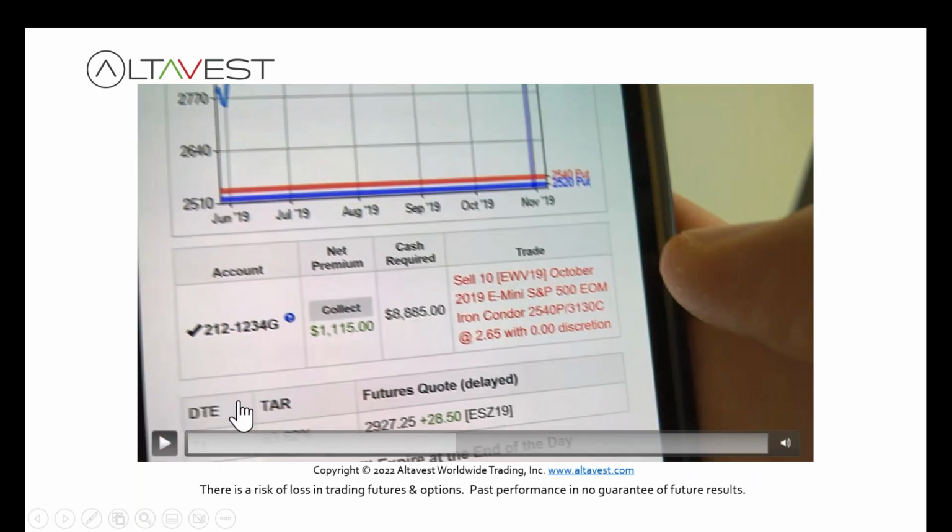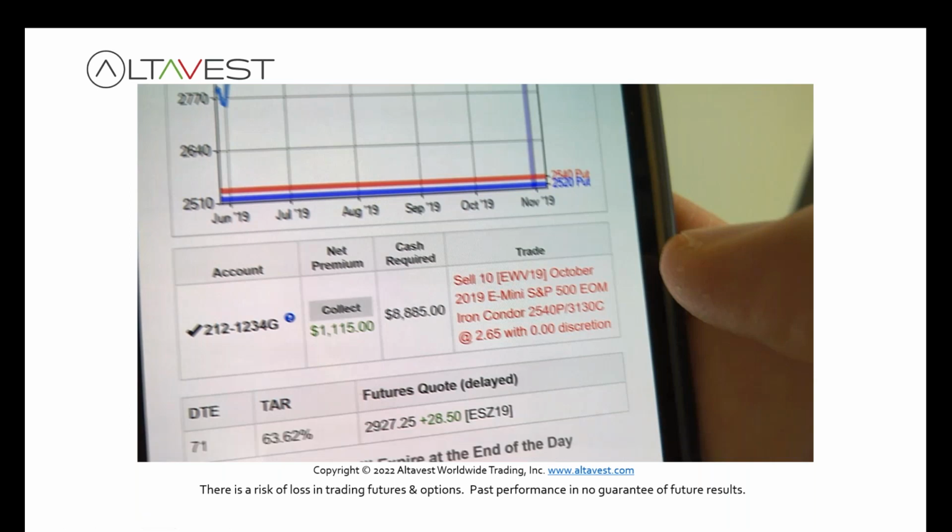I'll point out here, you'll see the premium being collected, the cash required, and if you can see here on the screen, the quantity is pre-selected for you. All the trades are pre-sized, and every trade is tailored and customized for you and your account. You will not receive an alert on trades that are redundant. You won't receive an alert that concentrates your risk at any particular expiration or strike price, and all of the